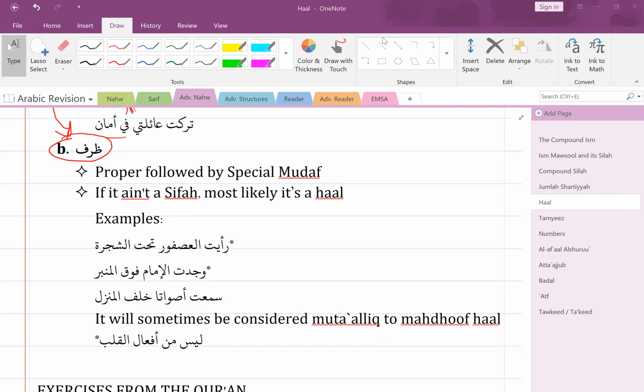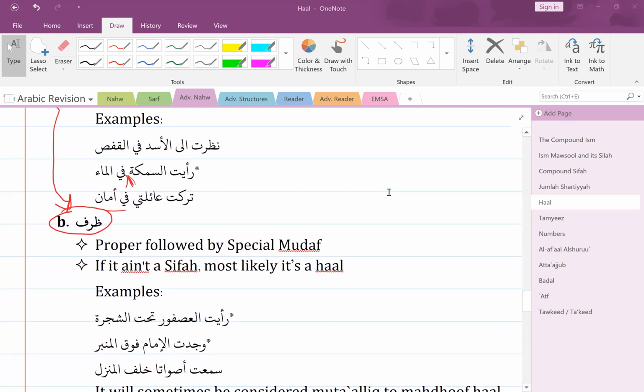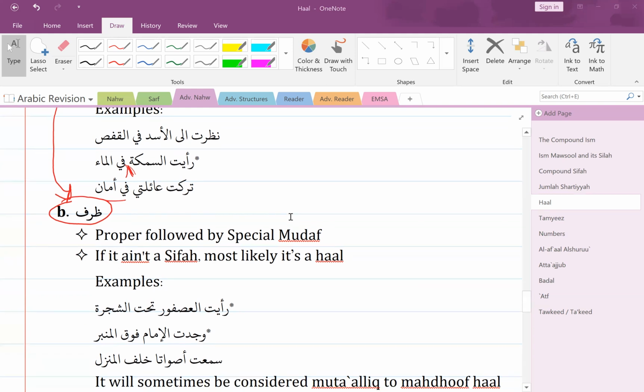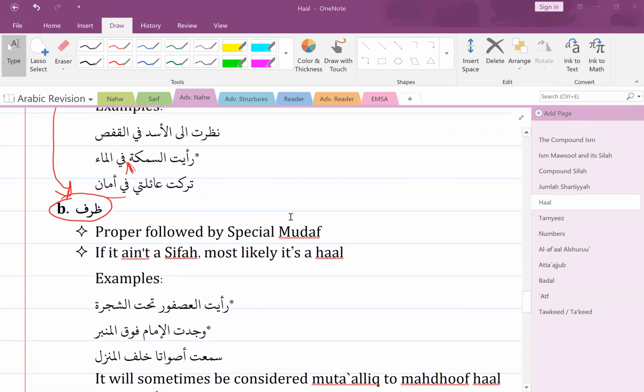Any questions? So how will we differentiate it from متعلق بالفعل? Yes, that's a good question. How are you going to differentiate it from متعلق بالفعل? You just have to basically understand what is being conveyed, what is being said. I was going to explain that later, but remember when we talked about there